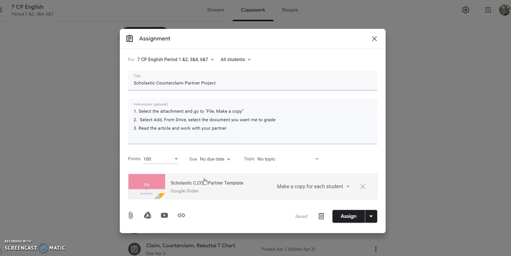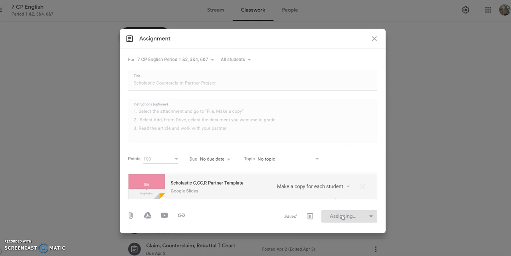Now, what I've noticed is if I've already created the assignment and I want to go back and add something and create a copy for the students, it will not let me. I can only select Make a copy for each student when I am first or initially creating the assignment. So just keep that in mind. When I press Assign, you'll see that each student gets their own copy automatically. So I'm going to press Assign,